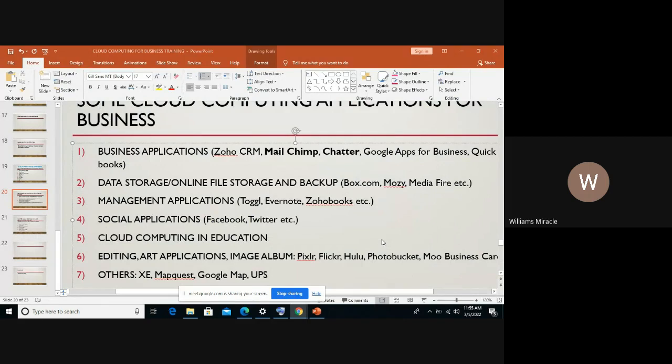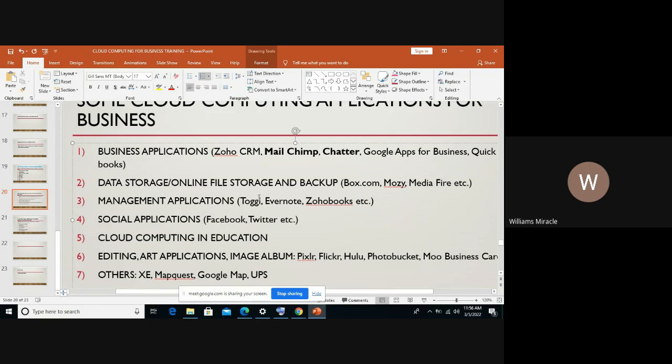It just requires you to drop the files, like I have said, into a box and access them from anywhere you are. We have Mozy here. This one offers online backup service for files during a data loss. Maybe due to one issue or the other, you lost your data. It helps you when you're migrating to cloud. You can use this application to back up your business information.